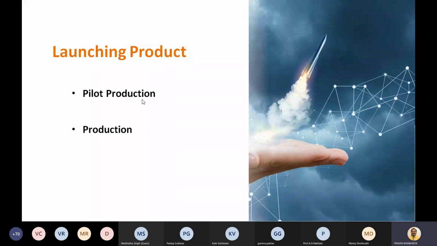And if your product is successful and its requirement in the market is very high, then finally from the pilot production we can go to final production. So this is a very tough decision for any product manufacturer, because when we go for the final production, a complete assembly line we have to set up, a complete manpower we have to recruit for your units, and depending on your customers and the market survey, finally you can go for the final production.